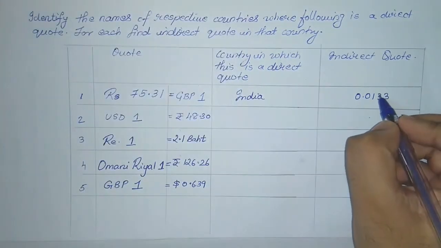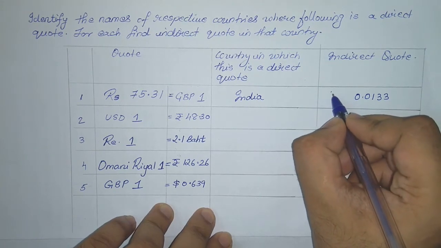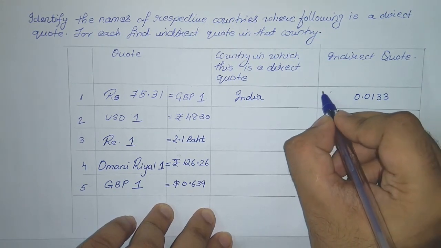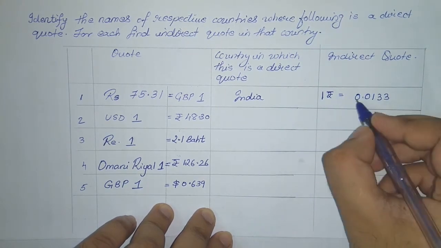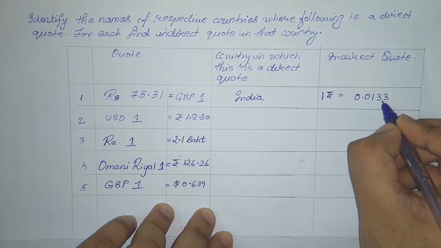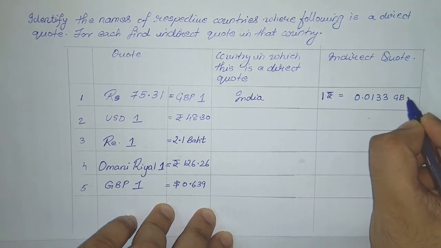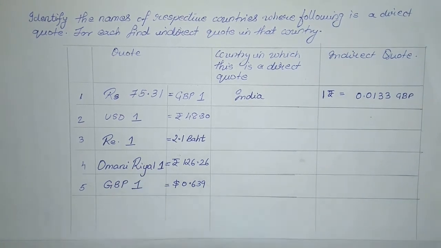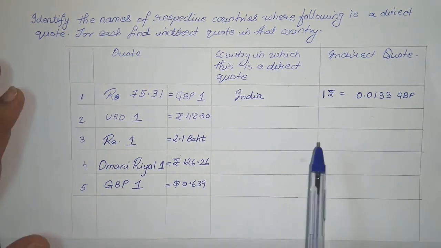0.0133. Okay, so now the indirect quote states that 1 rupee is equal to 0.0133 Great Britain pound. So that was the first example where we noted down first the direct quote and thereafter we found the indirect